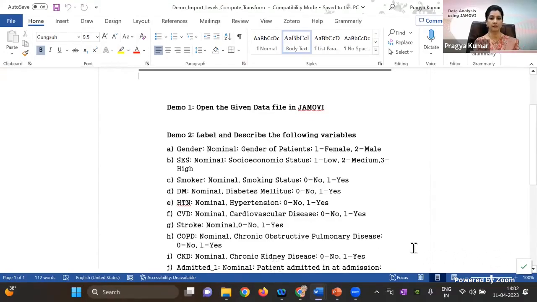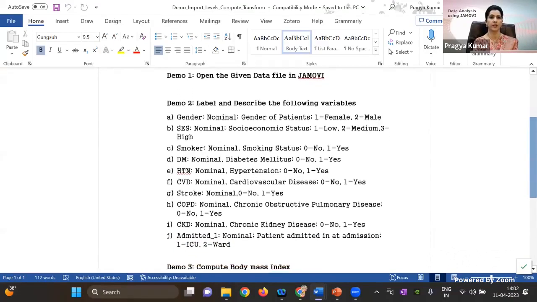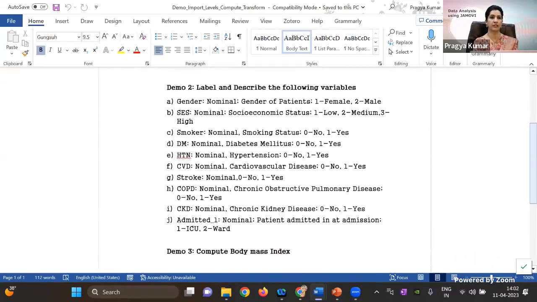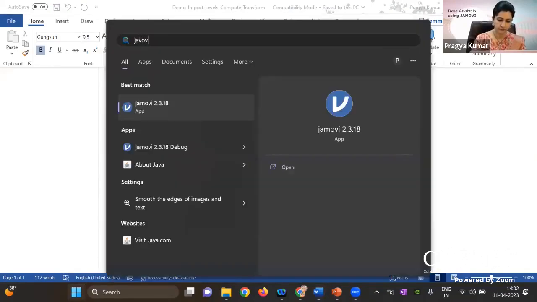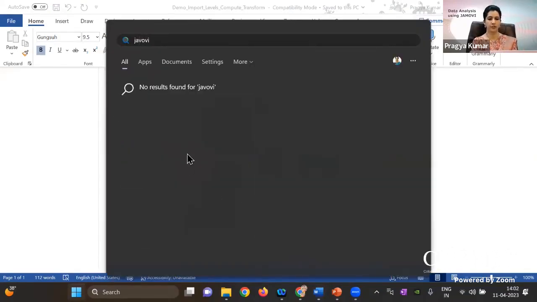And then there's admitted and non-admitted. 1 is admitted in the ICU and 2 is in the ward. So this is the exercise which I have to perform. So I'll click on Jamovi on my Windows. Since it is installed,